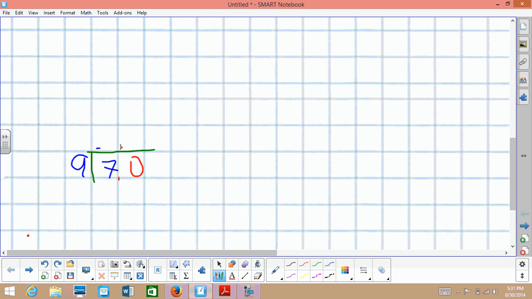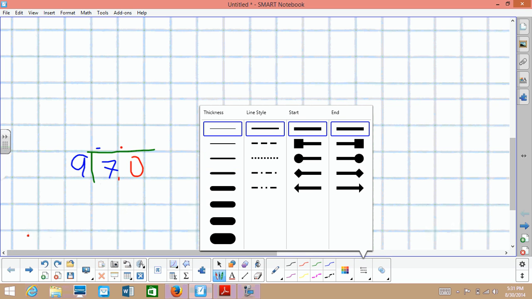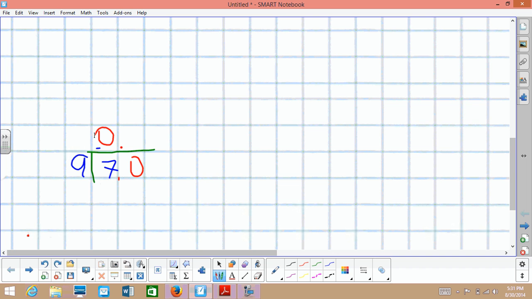And now you have 9 going into 70 instead of into 7. Because 9 does not go into 7, we put a 0 on top. And now 9 will go into 70 about